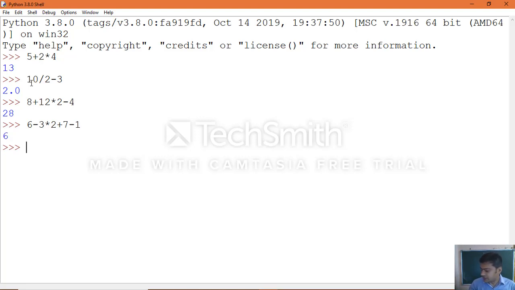In the same way, can you assign an expression to a variable? Yes, we can do that. y equal to 3 into x divided by 2, that is the expression which was given.